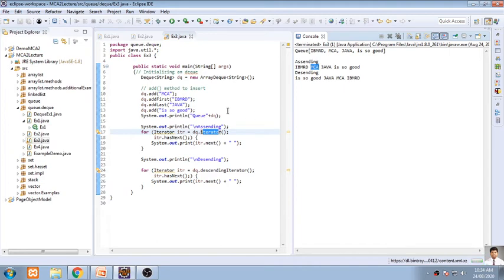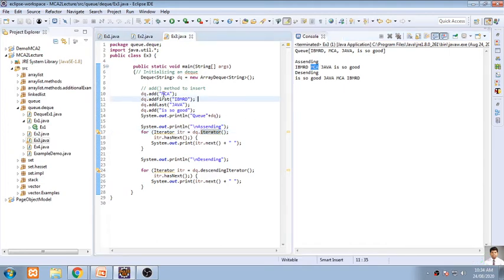Now see, when you go for a queue, one thing you have to remember is that what I have added first is MCA. Then I have added IBMRD, and Java is a good one. But when I go for displaying this content, IBMRD, which is the second element, is shown first, because I have used add first, so that's why it is added first.